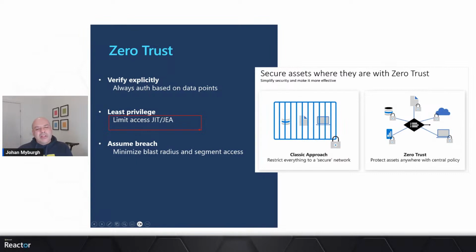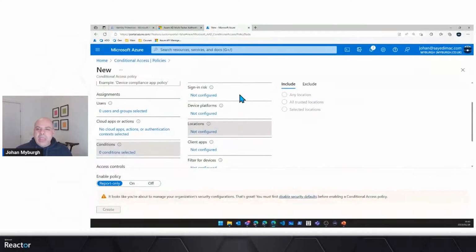If I needed to manage users, I escalate my permissions to get that level of access, and then I can do the work that I need to do. And then after a period of time, those permissions will be removed from me once again. I'm going to give you a quick example of this, if it's all the same to you. What I've got here is